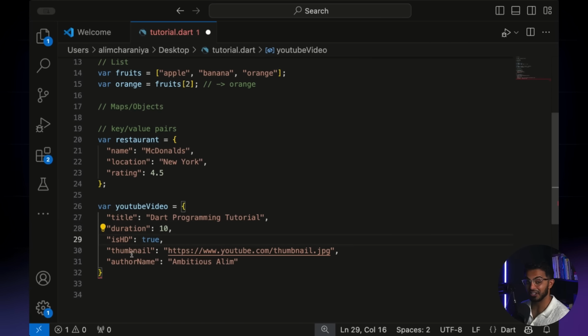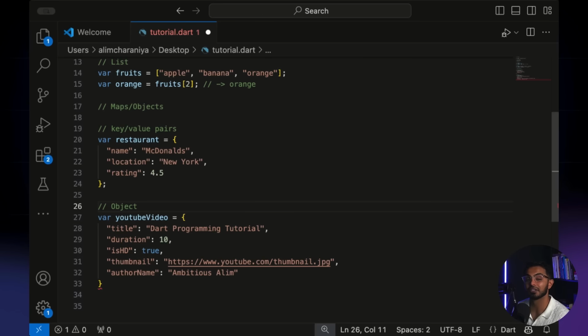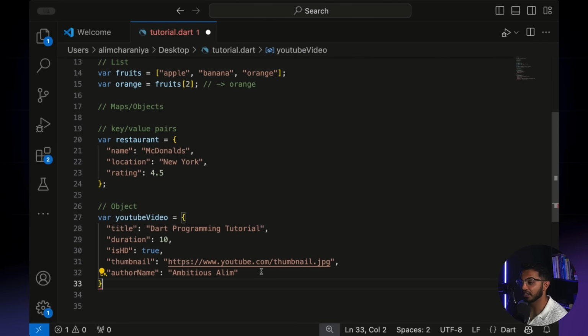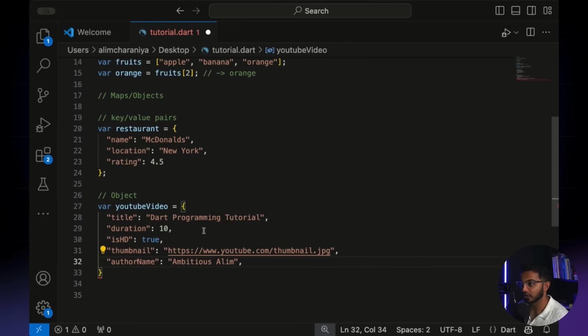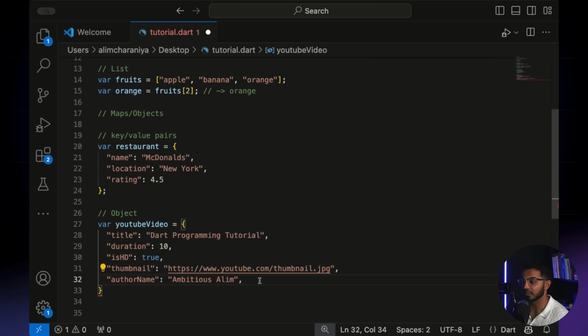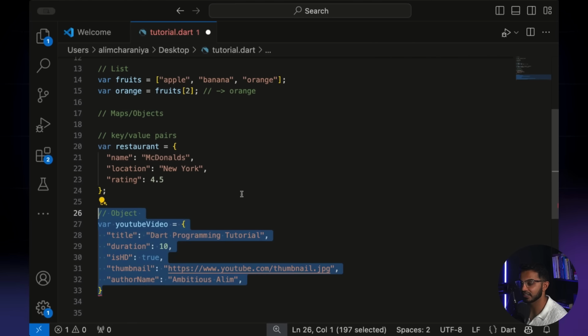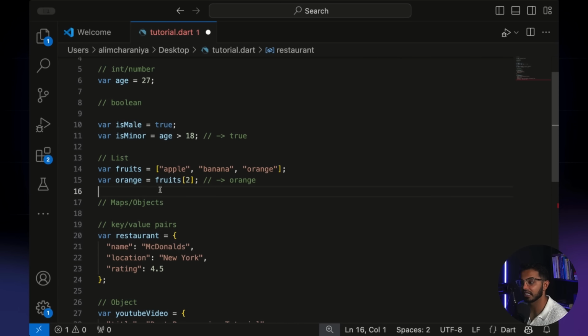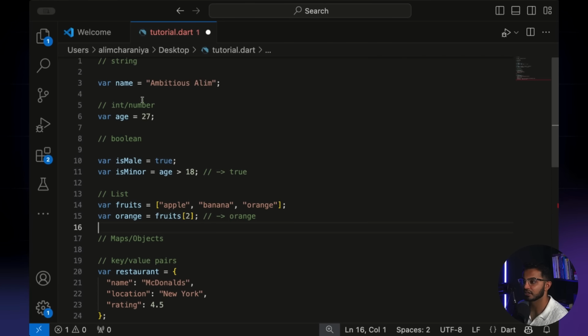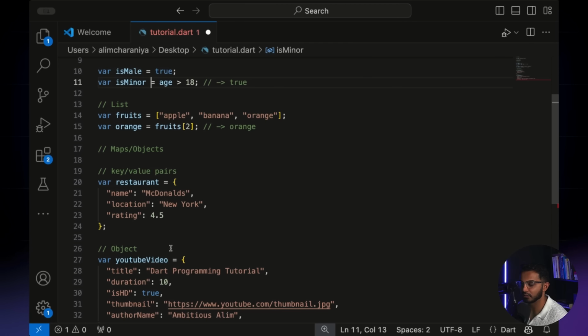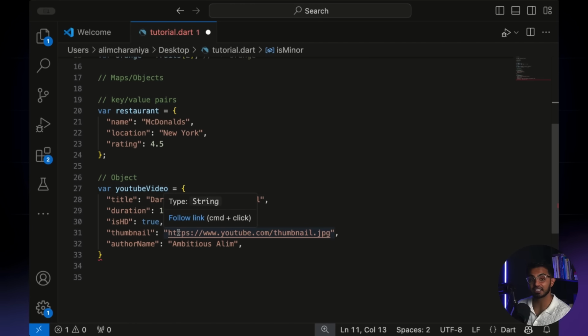And this, in my opinion, is the most powerful data type that you can learn. But the thing about this is, in order to learn how to effectively use an object or create objects like this, you need to know all the primitive data types. Primitive means basic. So if you don't know what a string is, or an integer, or a Boolean, you can't really build an object, because an object is a large piece of data that has a lot of those smaller data types built into it.